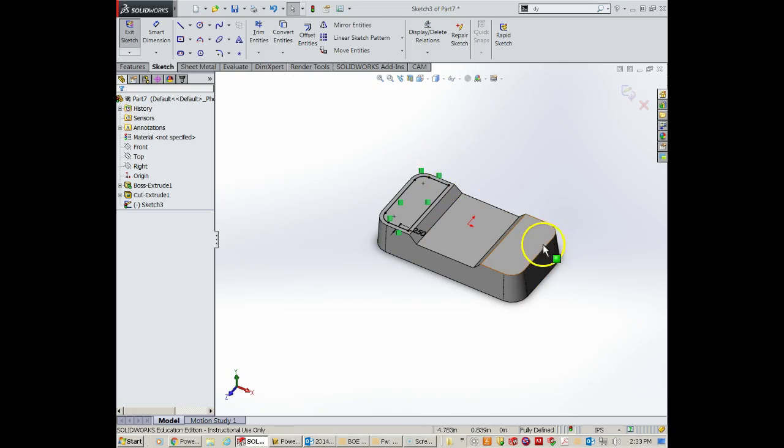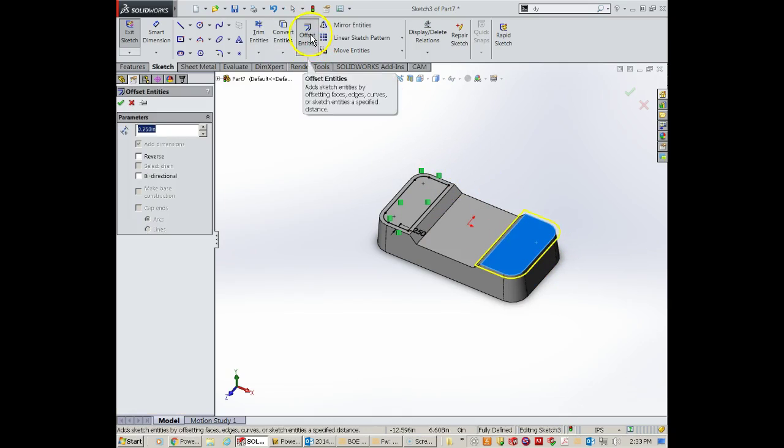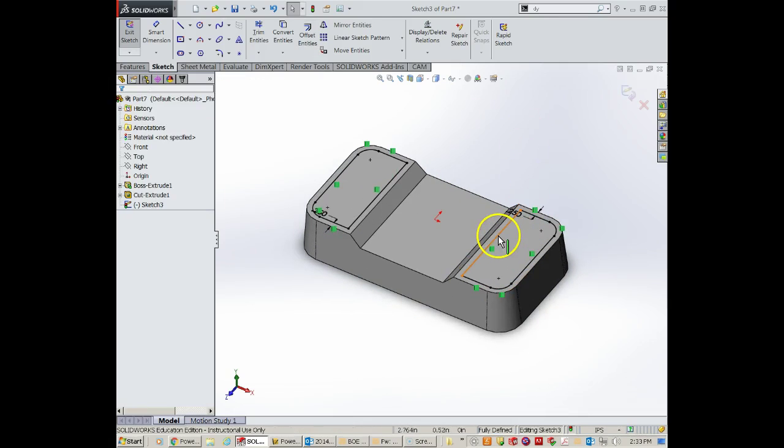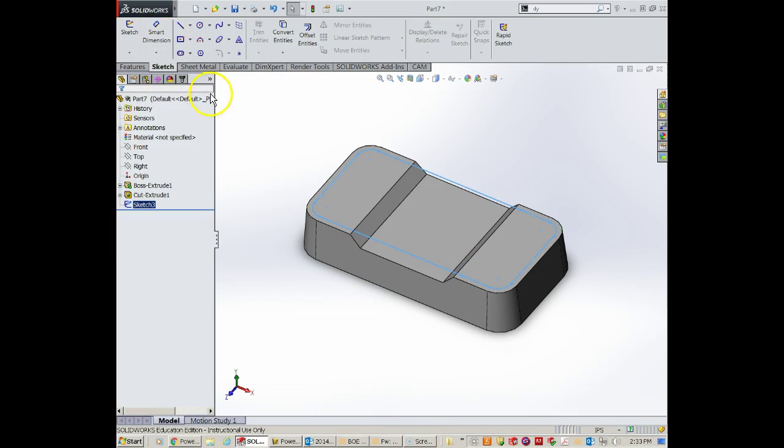I'm going to select this and offset entities, reverse, hit OK. We do not need this line, so I'm going to delete those 2 lines. And then we're just going to connect these dots, and we should be good to go. Okay, exit that sketch. In this case,